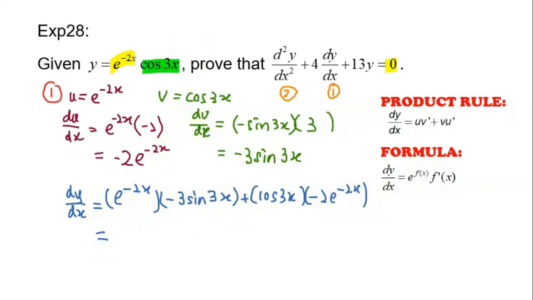Next, we are going to simplify the dy/dx answer by factorizing out the common factor e to the power of negative 2x. Then, we are going to calculate the remaining factor from the front part, and from the back part,